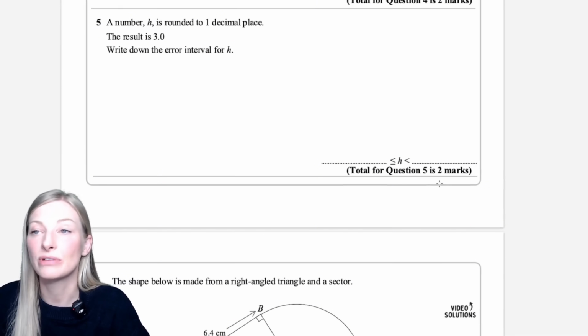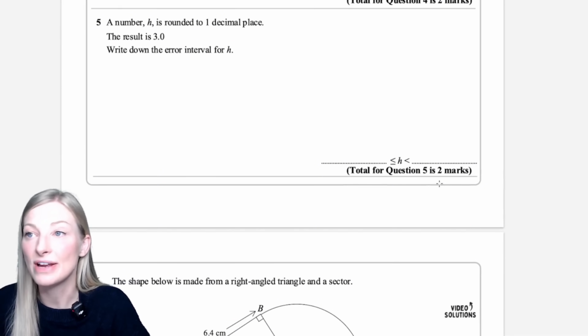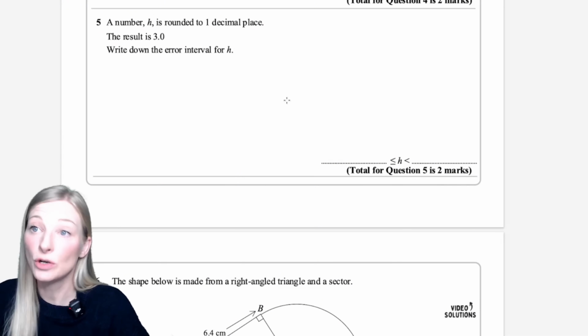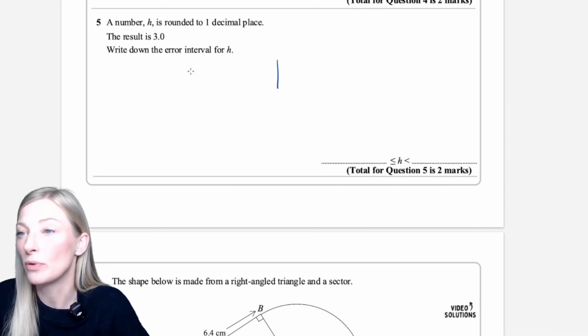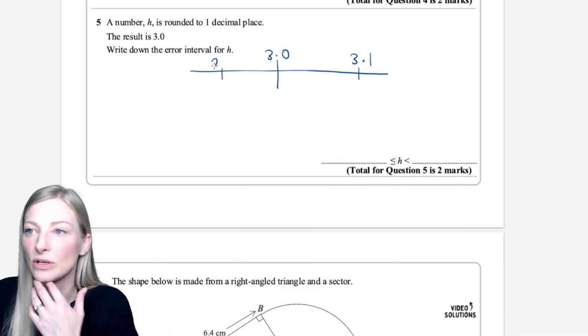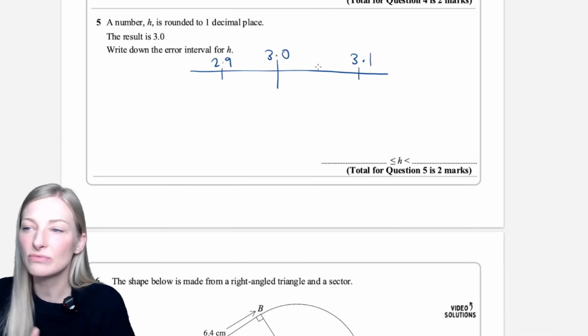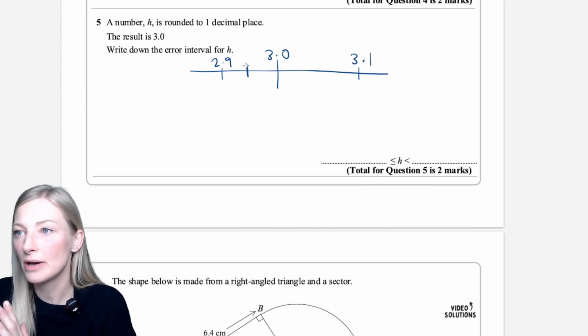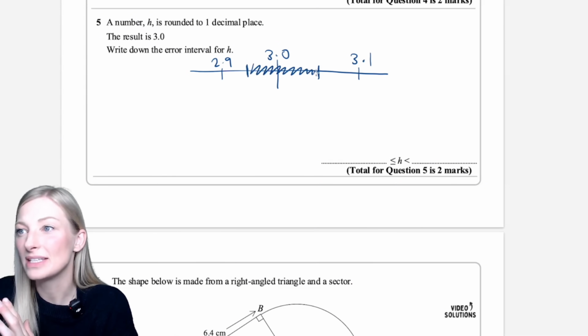Question number 5. A number h is rounded to 1 decimal place. The result is 3.0. Write down the error interval for h. So if it's been rounded to 1 decimal place, it could have been rounded to 3.1. But it didn't. We've got 3.0, could have rounded to 2.9, but it didn't. And we know that if it's rounded to 3.0, then it must have fallen in this range here,